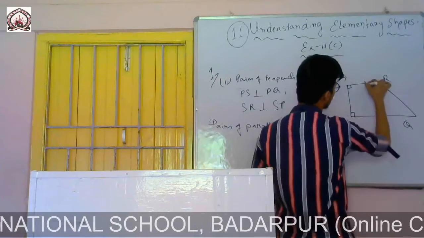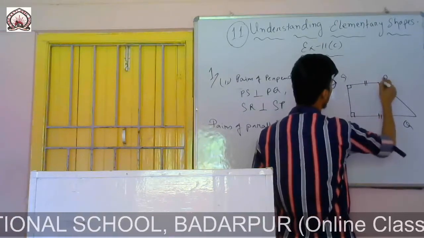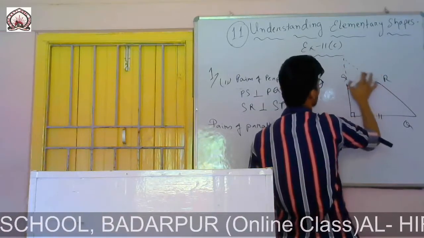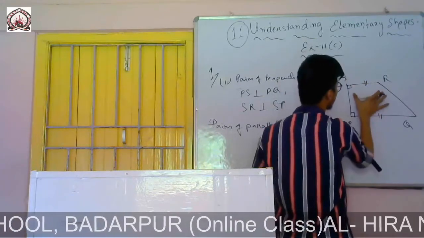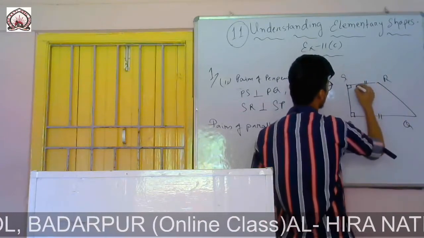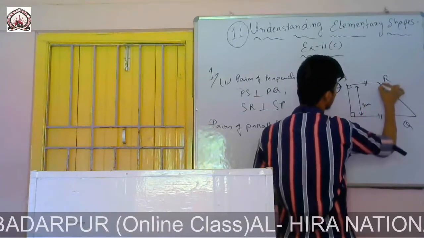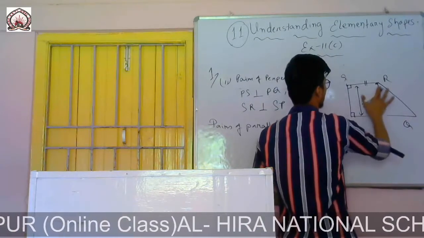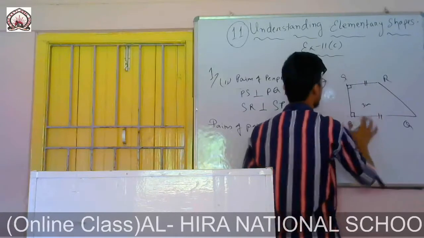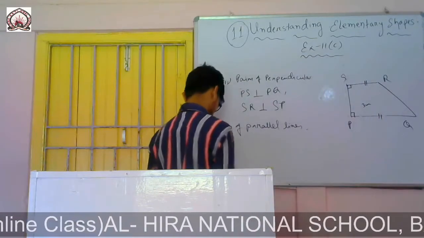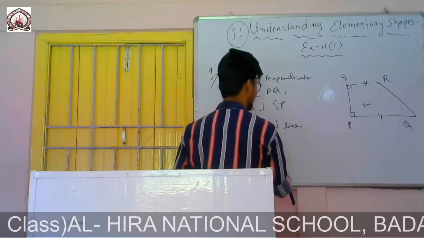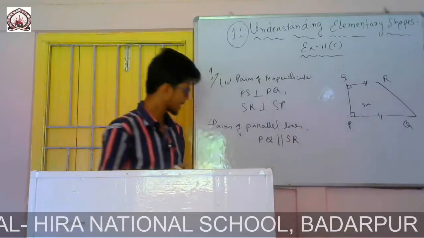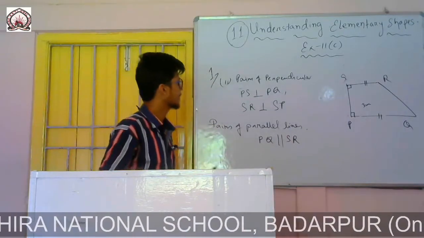You see these two lines are parallel to each other. The other two are not parallel. At some point they will intersect with this line. So this is not a parallel line. But in case of parallel lines, the distance always remains the same. If from here to here it is 3 centimeter, then from here to here it will also be 3 centimeter. So between parallel lines, the distance remains the same. So PQ is parallel to SR. Now Roman number 3 you see.